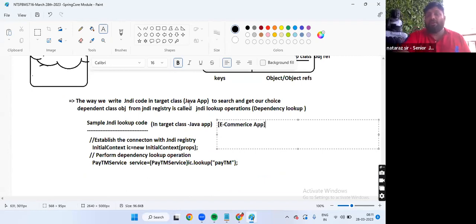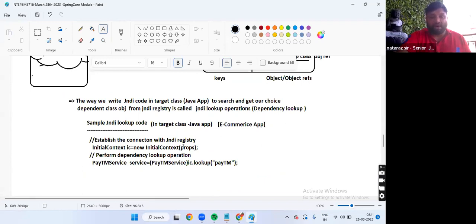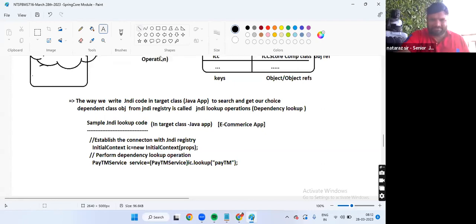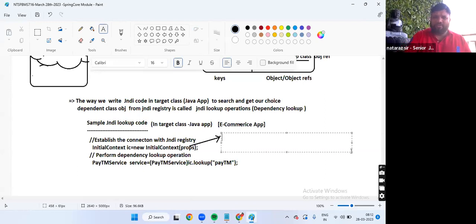Okay, guys, listen. If the JNDI registry is within the same computer, there is no need of passing properties. If it is in a different computer, a different location, then in the form of properties you have to give all the location details. Understanding my statement? InitialContext is a predefined class. Lookup is a predefined method. Everything is ready-made there, guys. Details of the JNDI registry, like name, location, etc.